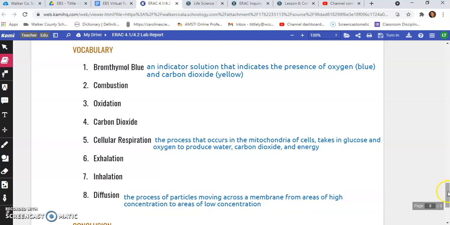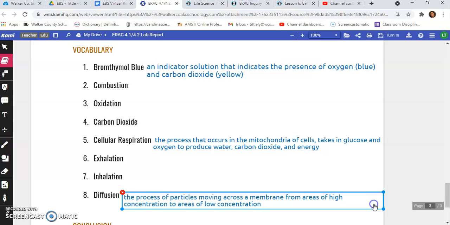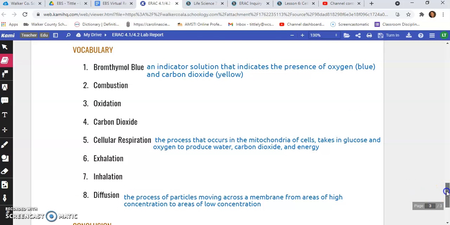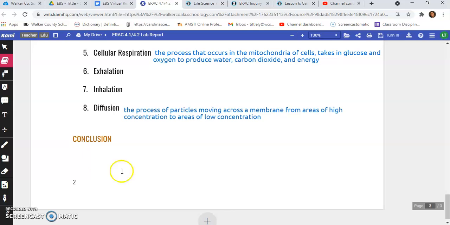And then your last step, of course, is to write your conclusion. Please make sure your conclusion summarizes what is cellular respiration. Please do not, in your conclusion, tell me what you saw from the lab as far as we did this or we did that. Please make sure you describe what happened in the processes of what was done, or describe